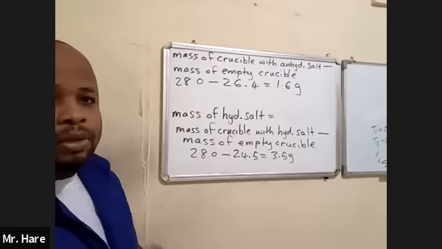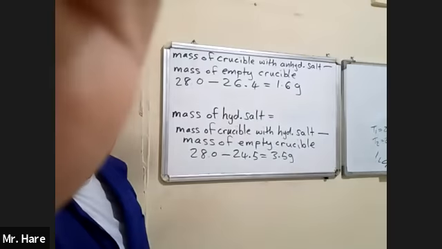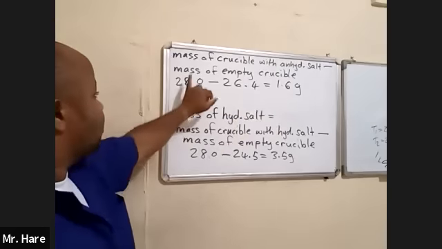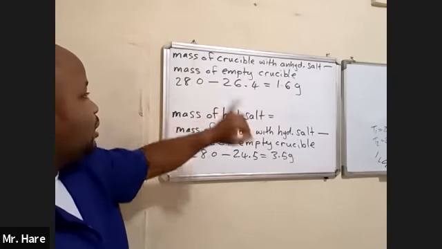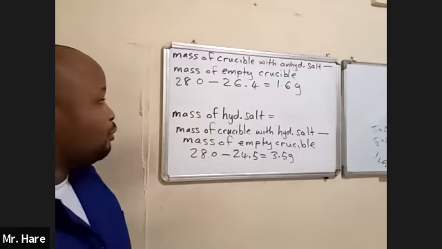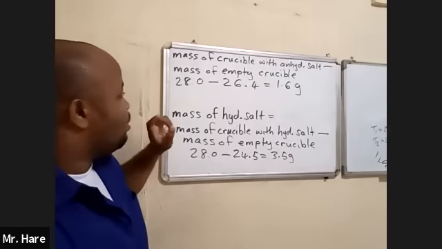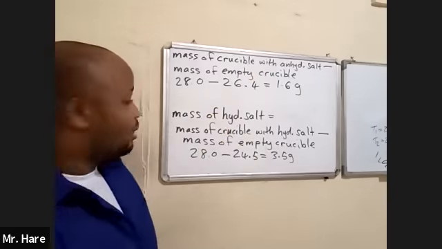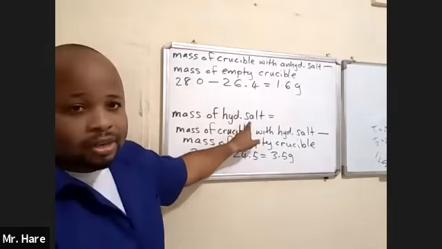Right, so mass of empty crucible, crucible plus the anhydrous salt minus mass of empty crucible, you get the 1.6 grams. Once you get the mass of the anhydrous salt and the hydrated salt,